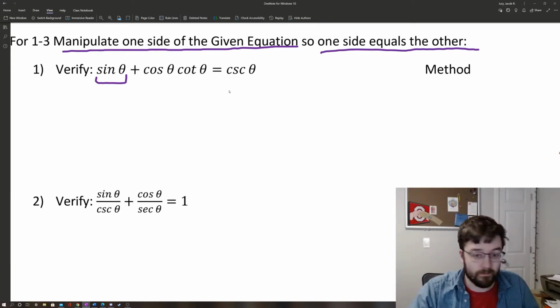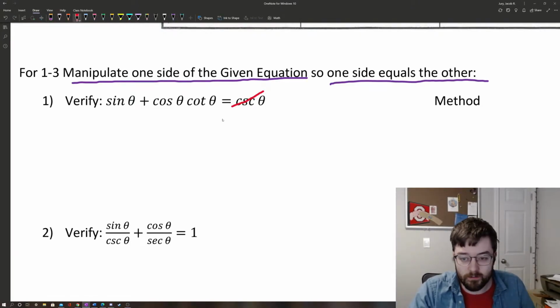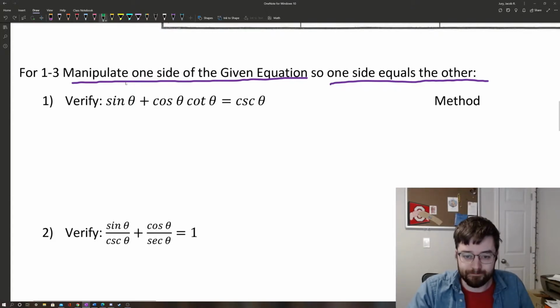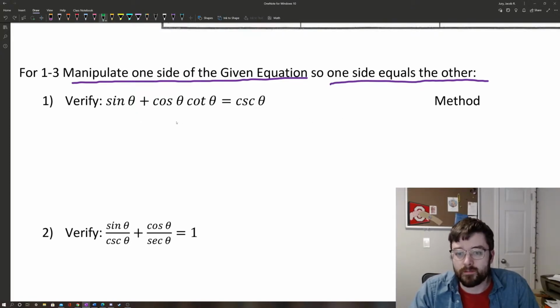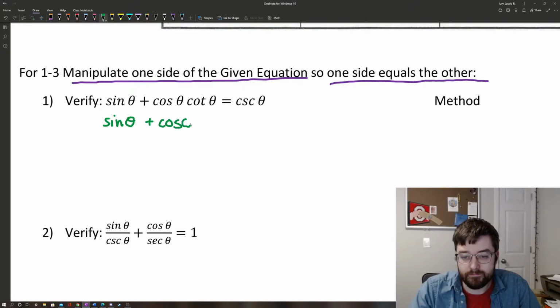together. And remember, my target side, this cosecant theta, I'm not touching this side. I just want my left side to equal that side, so I'm only working on this side. So it's almost like simplifying an expression. So because I can't do anything with algebra, I can't add anything, I'm going to do something with trig. And that something is I'm going to turn everything into sine and cosine. Because all these trig functions can be represented as sine and cosine,